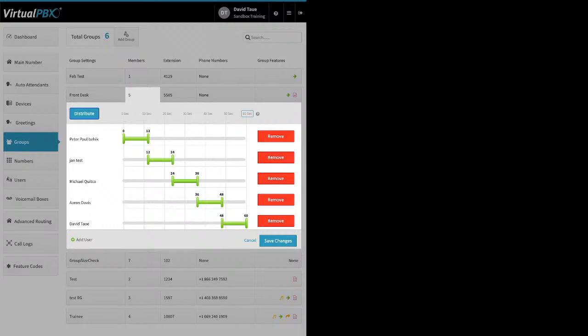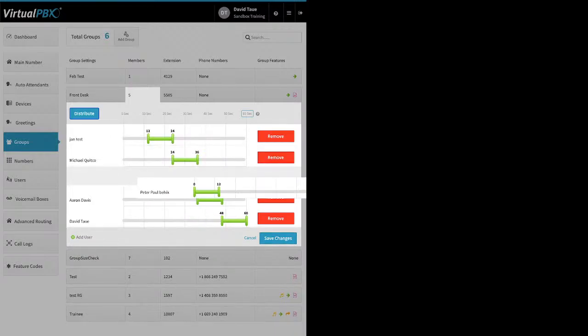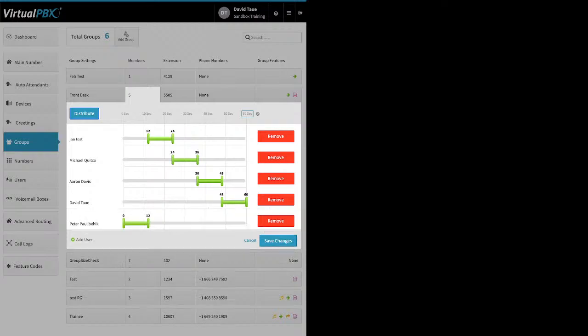Now, if I need to change the order, let's say Peter has a particular project I want him to focus on, I can click and drag and bring his name to the bottom. Now I need to click distribute again, so that way Peter's at the end of the order. Or I can click on these sliders and do something like this. So now when a call comes in, it offers it to everybody for the whole time until someone